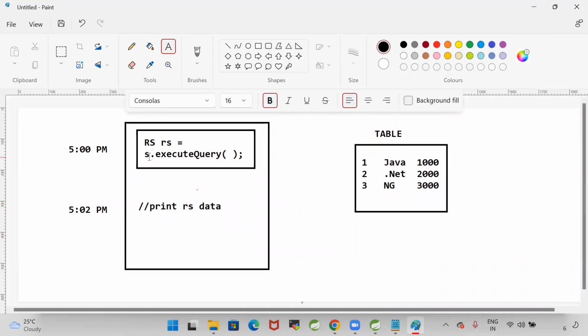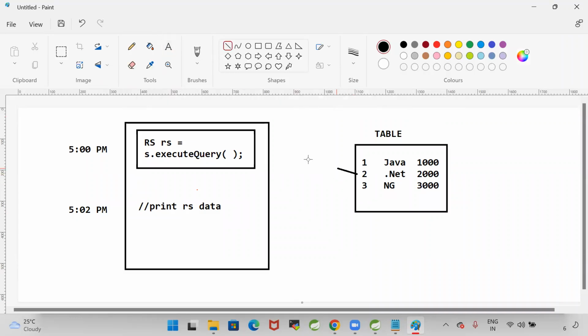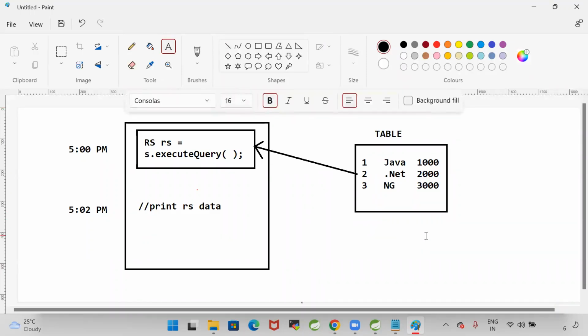Already I have retrieved the data from the database. The data came from the database, and it is stored into my result set object. At 5 o'clock my query got executed. At 5:02 p.m. my while loop is going to execute to print the data. But what happened here is, after fetching the data from the table at